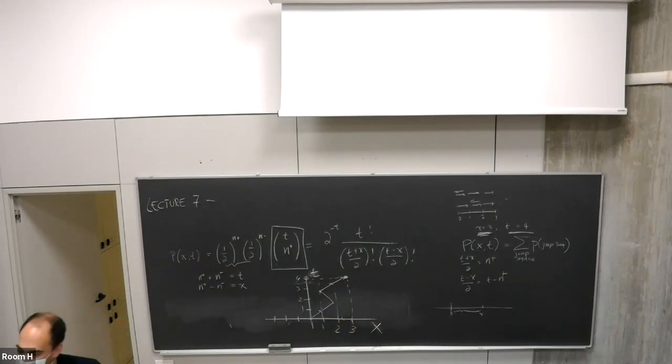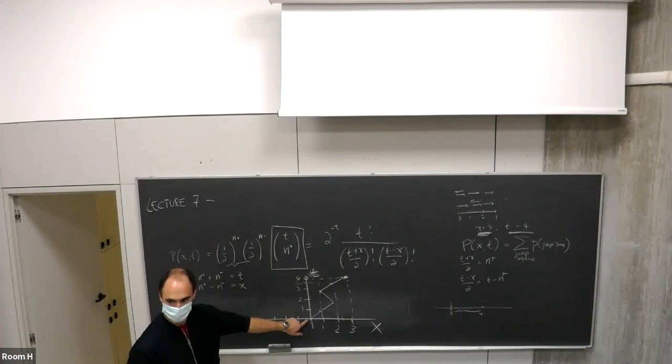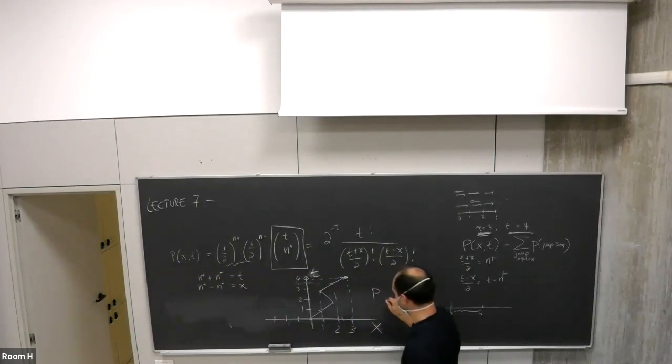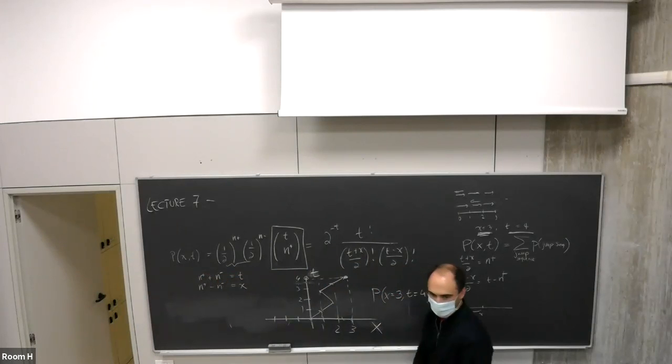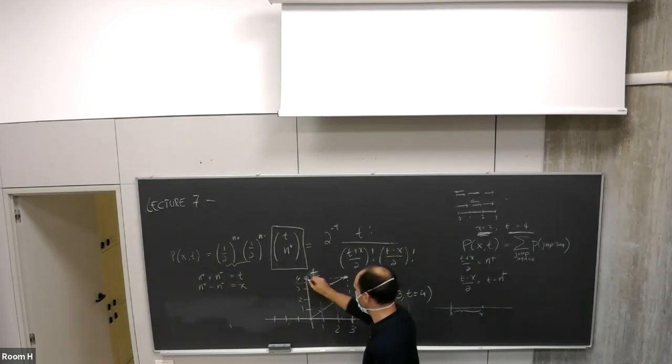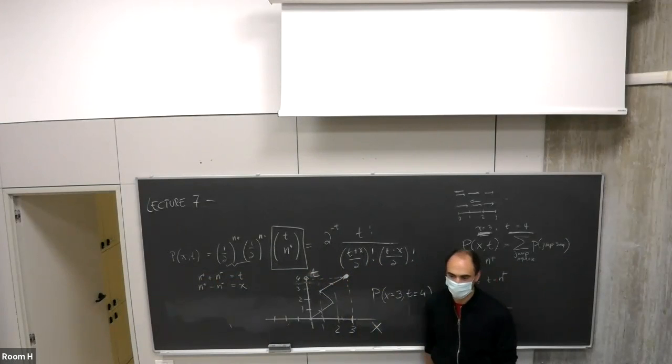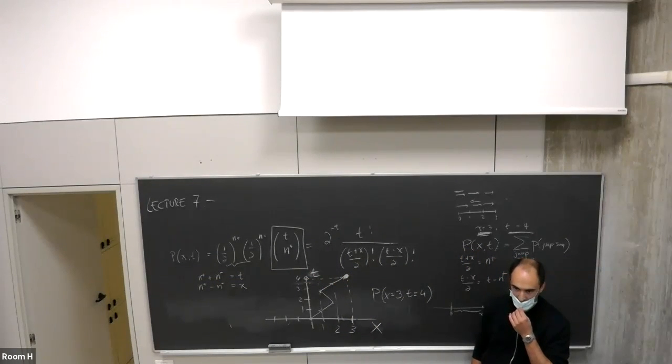This is time 0, 1, 2, 3, and 4, and this is x. And we want to count the probability to be at x equals 3, at time equals 4. This is the one we want. So x equals 3 is here, time equals 4 is here. You want to count how many trajectories hit this point. When you went from time 3 to 4,